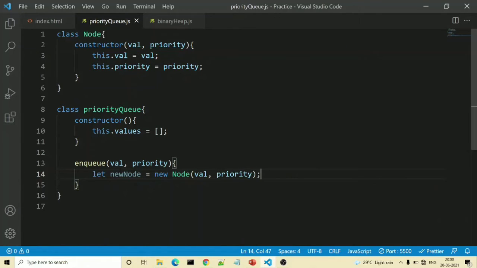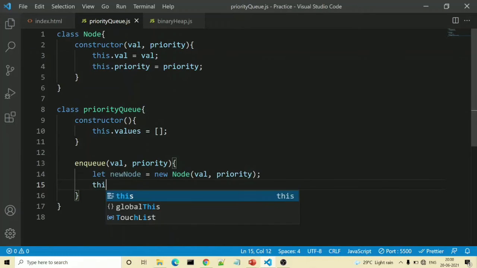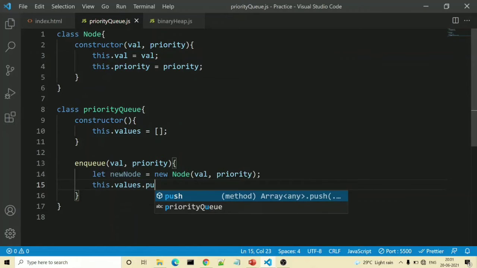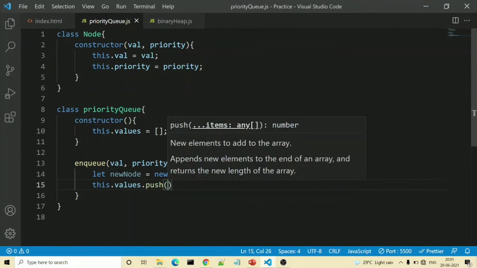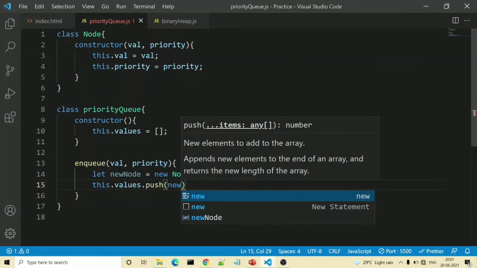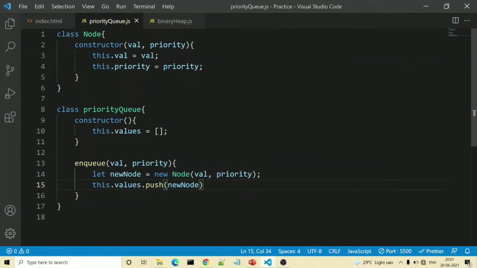Once that is done, we will push this new node inside our array, so this.values.push, and there we will insert our new node. And once that is done, it's time to bubble up our value to its correct spot.